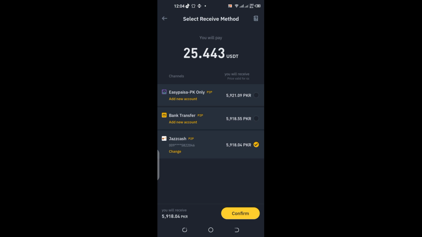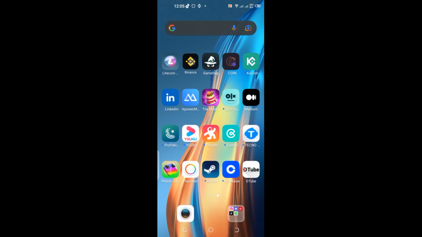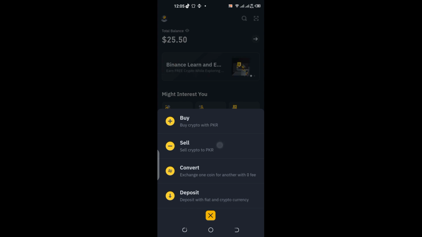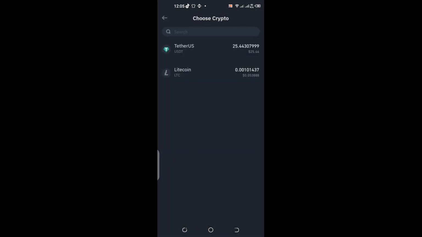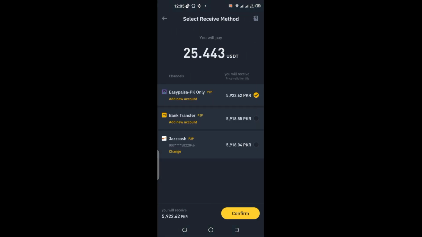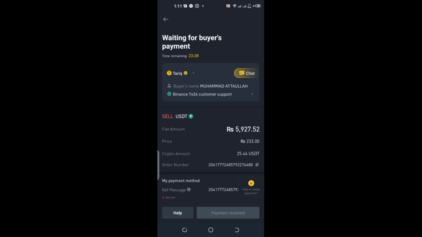What I'm going to do is get out of this application, go back to Binance, and try to sell all of this. Sell crypto to PKR. Max, and click sell USDT. I'll hit option of jazzcash and then confirm. So there is a problem, my friends, with the system. It's taking too long. Okay, it's worked, my friends,